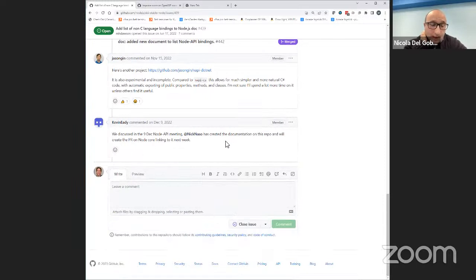Initially, I want to open a paragraph on the Node core repo where I would like to explain that you could use the FFI of a programming language to create your wrapper, written in that particular language.